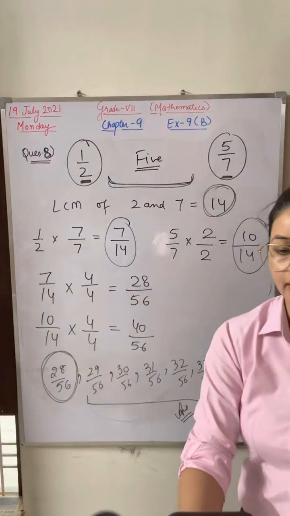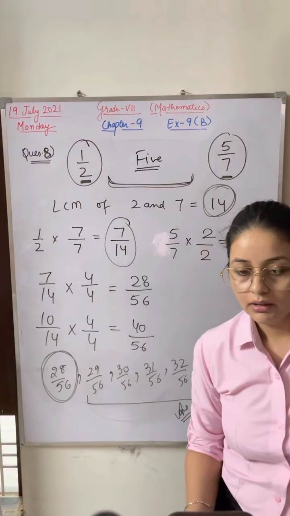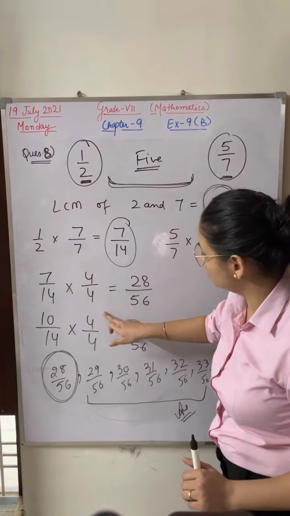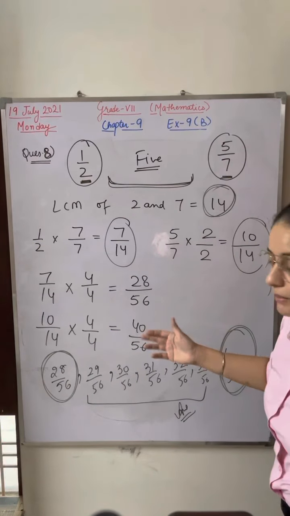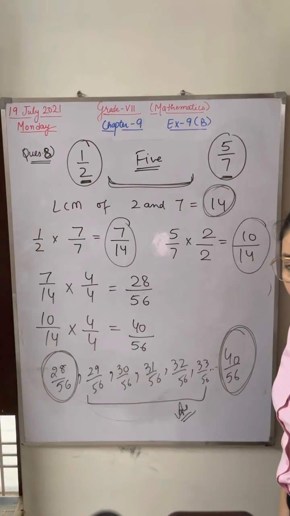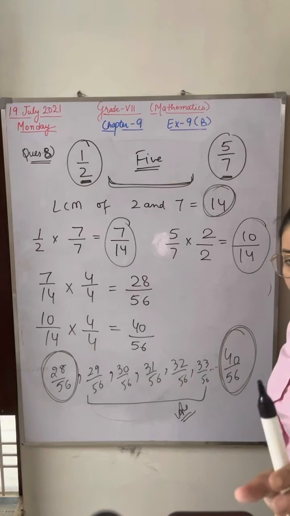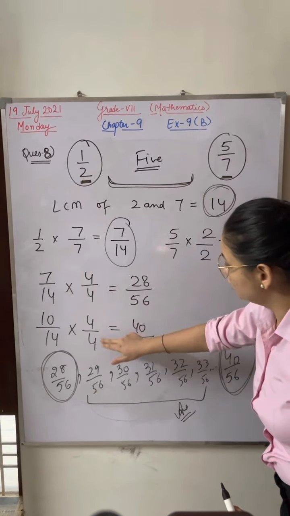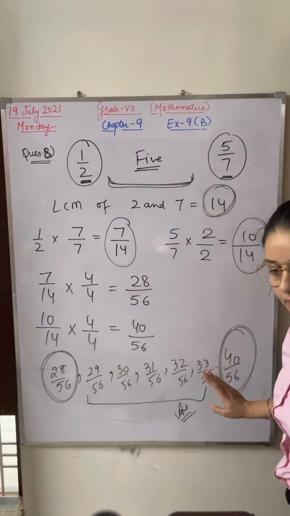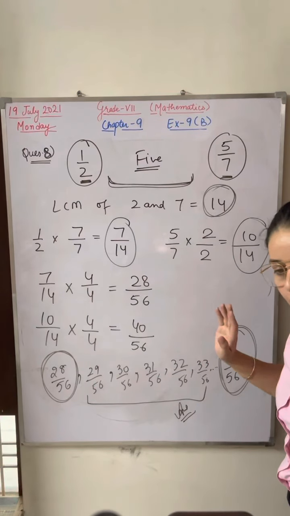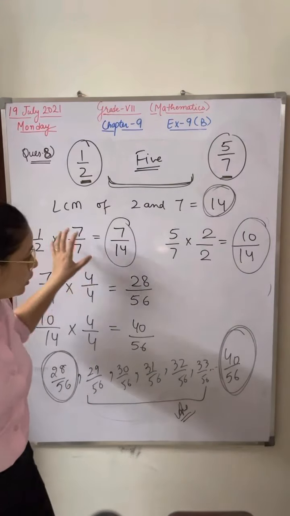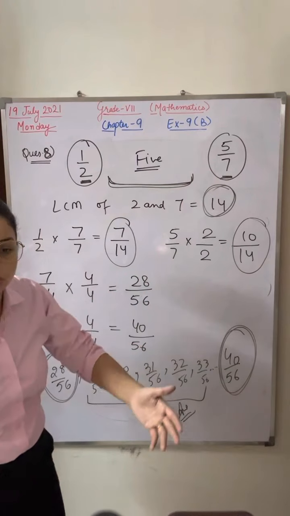Angel, please tell me what doubt you are having. Okay, fine, Sanchit. Sanchit is saying, ma'am, if we multiply with 2 by 2, then also 5 rational numbers are possible. It is very good. Okay, I haven't checked on 2 by 2. You can check it out. Listen everyone carefully. Sanchit is saying, ma'am, we multiply by 2 by 2, 5 rational numbers will be possible. So you can go with that. Absolutely correct. Okay, in these questions, your answers will not match with the book and with the other students.